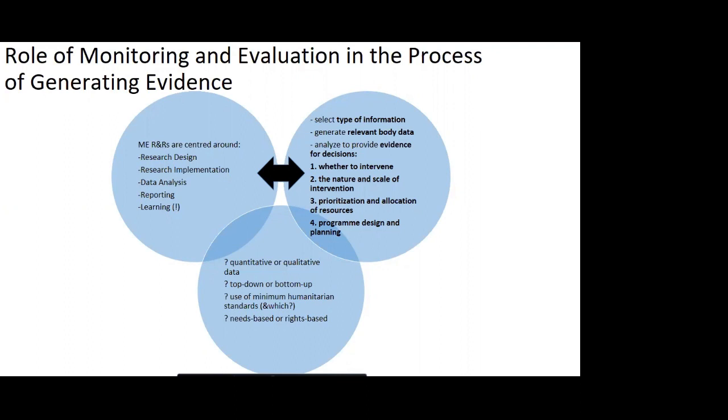They would be providing organizations with the information that is supposed to be the evidence for the decisions made around whether to intervene or not in a given setting, what will be the nature and the scale of the intervention, how to prioritize resources among different people and locations, and ultimately what would be the program design and the planning around that, whether we're going to go with cash or in kind, for